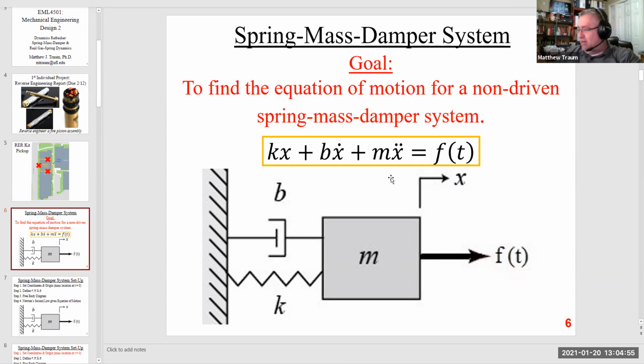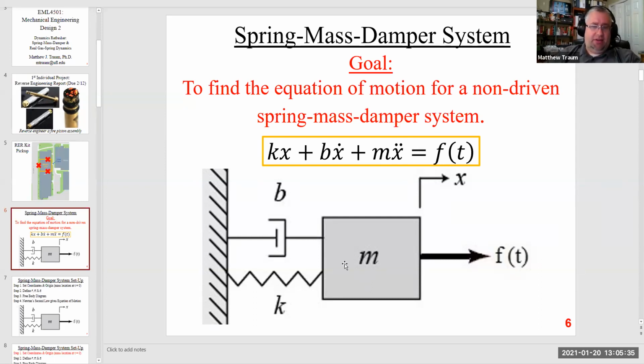So after you've smacked the piston down and got the char cloth to spark, to ignite, then you're going to take your hand off the piston, right? And something is going to happen. And what is that something? Well, that's what this equation tells us, and that's what I'm trying to sort out. But the way that I'm going to do it is to give you a refresher on how the original spring mass damper equation comes to be, and then we'll use that as a baseline for a modified dynamic equation for the piston as it's recovering from the compression process.